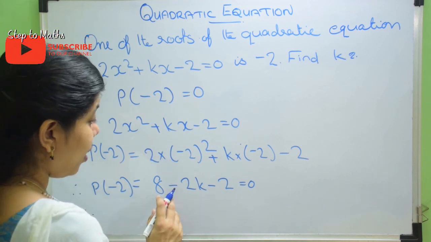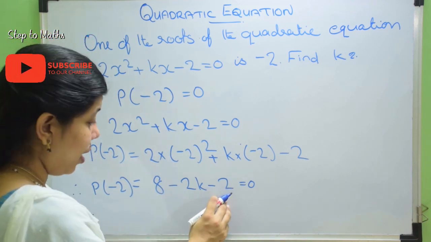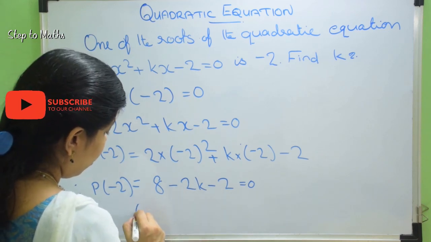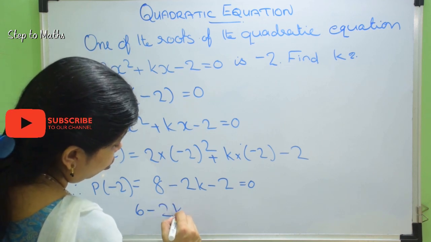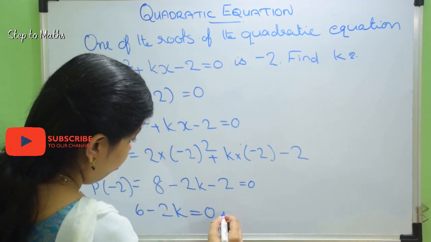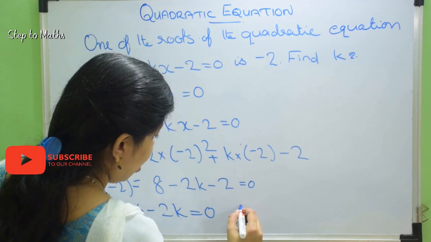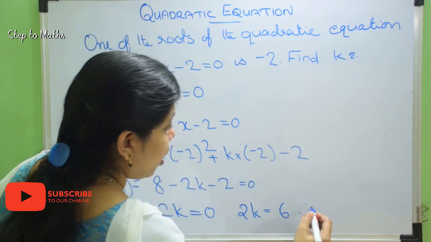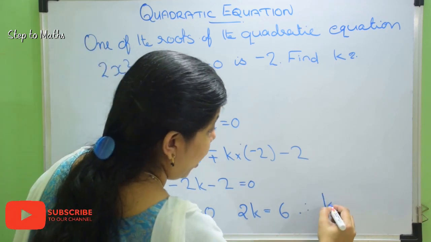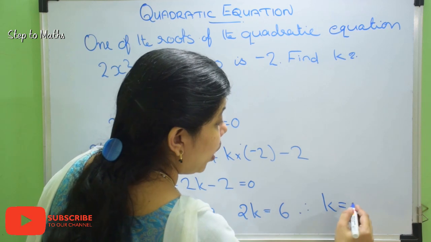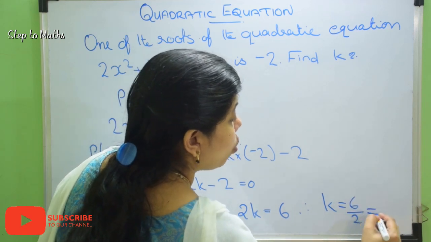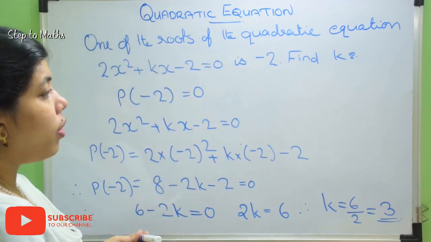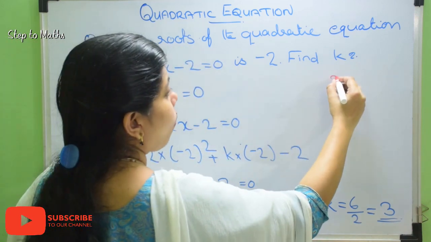Therefore, we can write 8 minus 2 is 6. 6 minus 2k equal to 0, or we can write 2k equal to 6. Therefore, the value of k equal to 6 by 2 is equal to 3. The value of k equal to